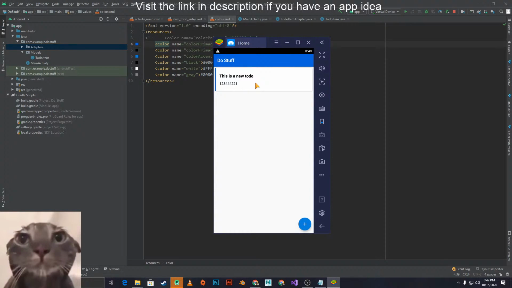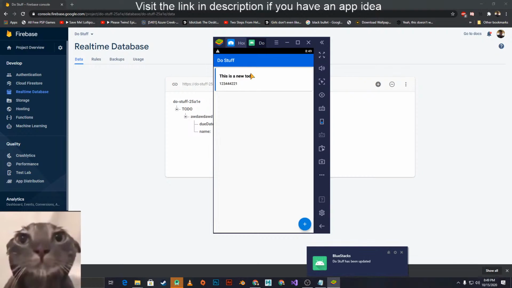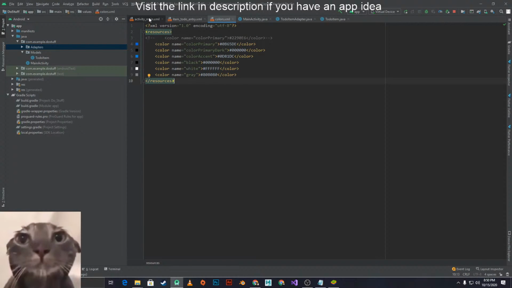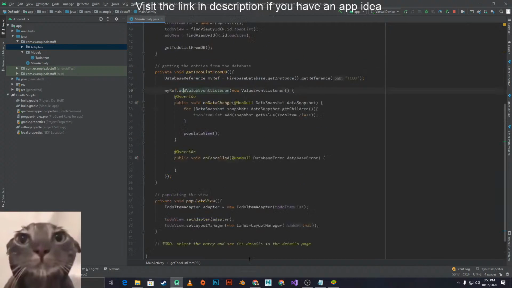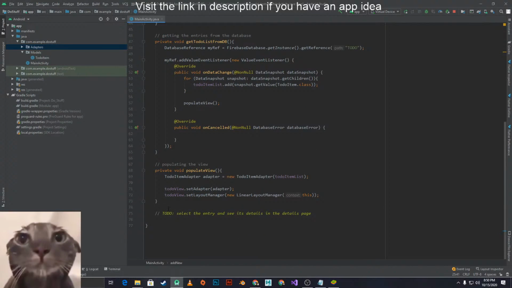So we have this to-do, which we just hard coded in here. This is a new to-do, and then this is the due date showing right there. Alright, so now we just work on adding it. Let's go back here. Let's close out some things we don't really need. Right, so this FAB needs a function. So let's do opening the adding